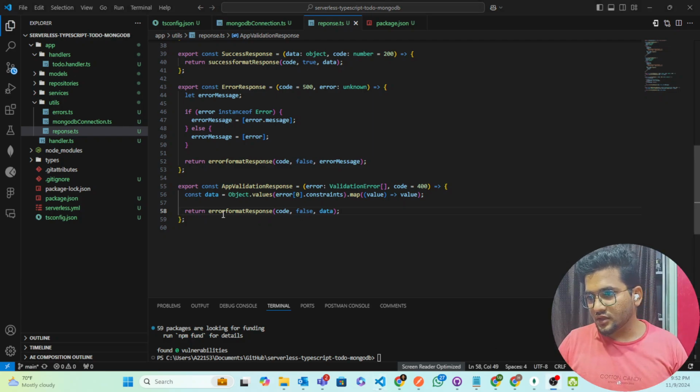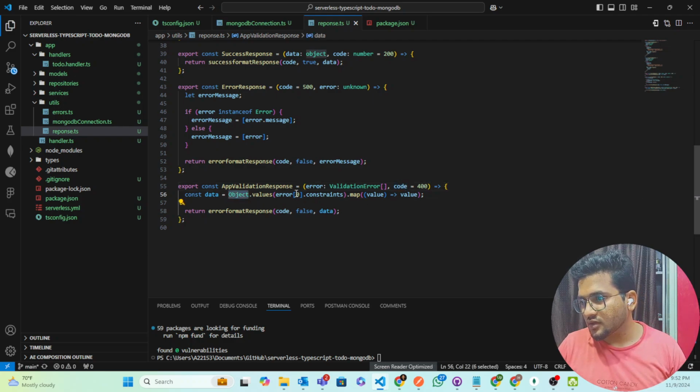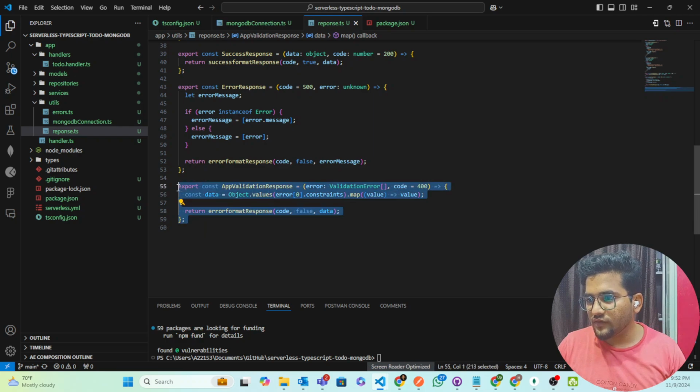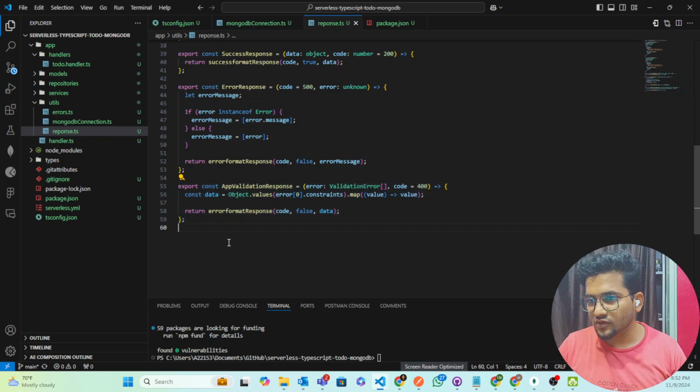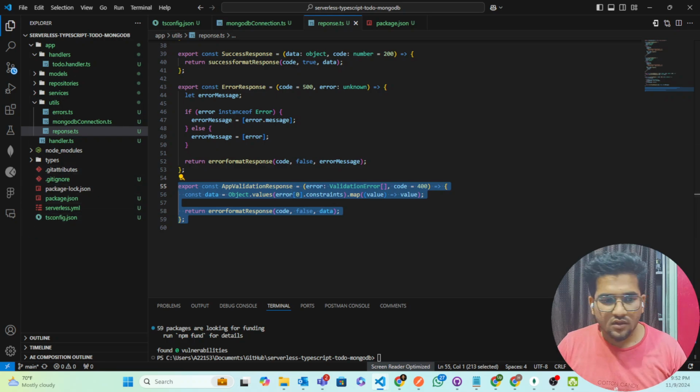So just see here, validation error. We are passing code 400, and some object will be there. From there, error of 0 constraints, we are mapping, getting this value, and returning it. Why we are doing this, I will explain when we implement it, and I will show how the response comes when we get it. Now let's move to our